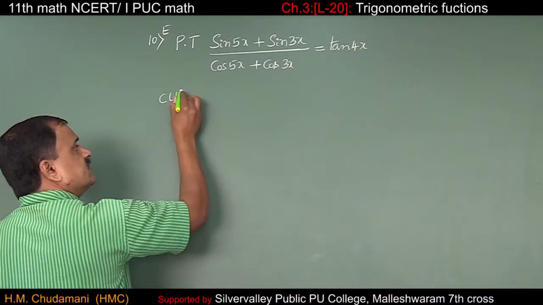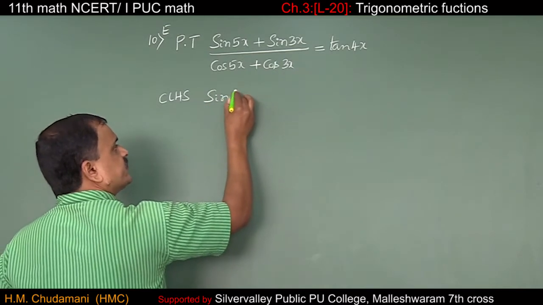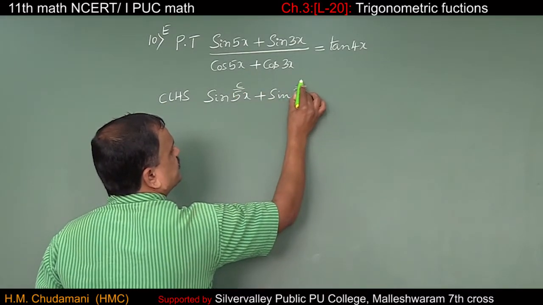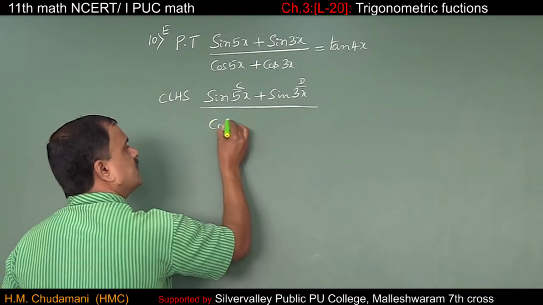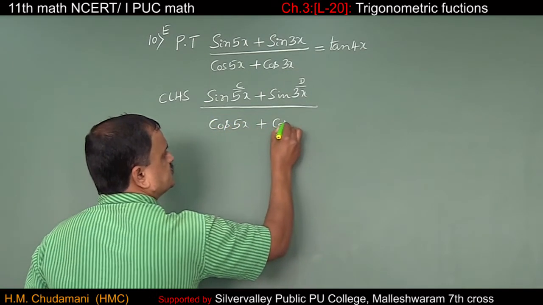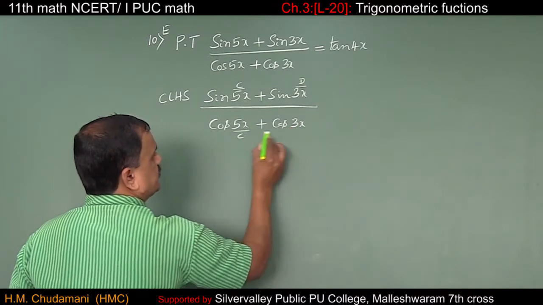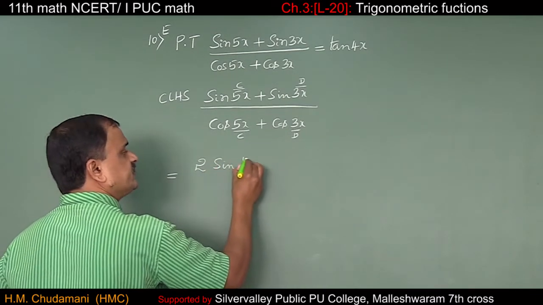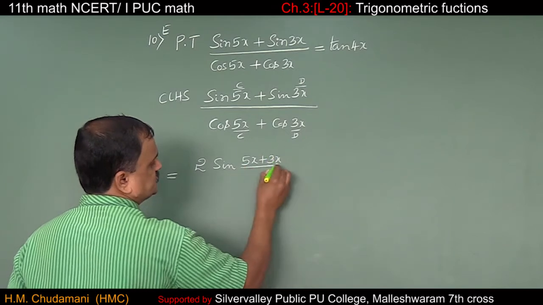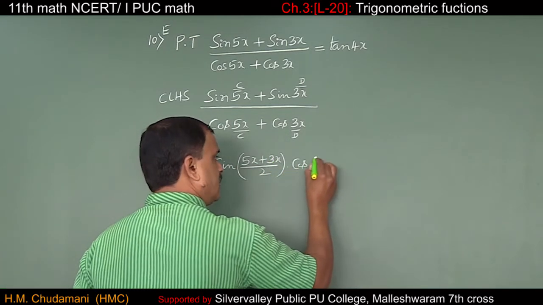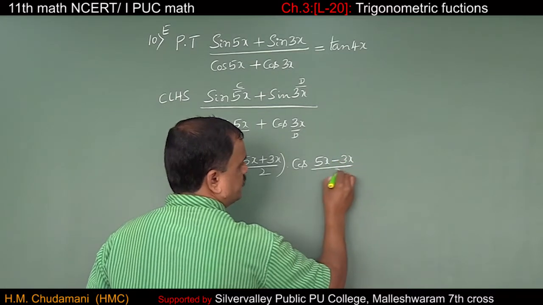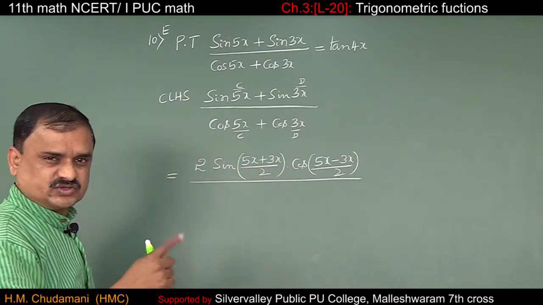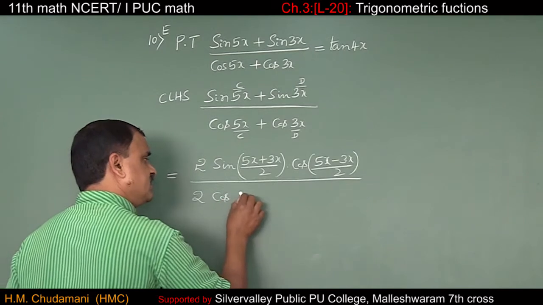Again, take the left hand side to prove the RHS. Sin 5x plus sin 3x divided by cos 5x plus cos 3x. It is of the form sin C plus sin D divided by cos C plus cos D formula. What is sin C plus sin D? 2 sin (C plus D)/2 into cos (C minus D)/2, divided by cos C plus cos D, which means 2 cos (C plus D)/2